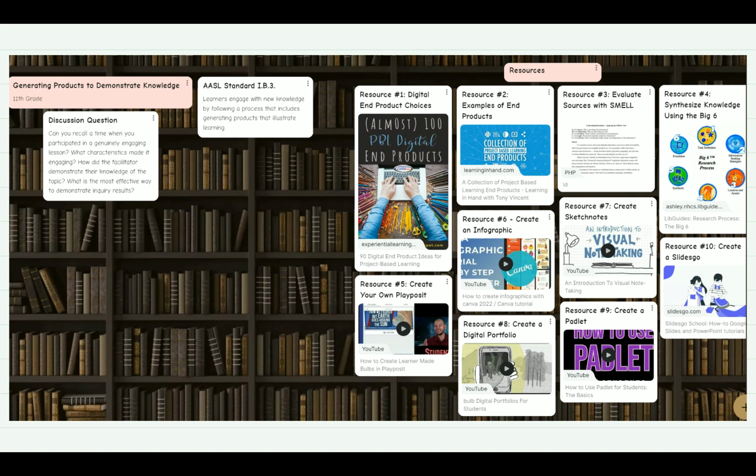So I'm going to direct you to a Padlet online. You'll be able to click on all of the links here, and it's got some resources. You'll see over here, this is the discussion question I just mentioned. This is the AASL standard I mentioned earlier. And this over here is 10 resources. They're all links that you can click on to give you some ideas on how to create an engaging end